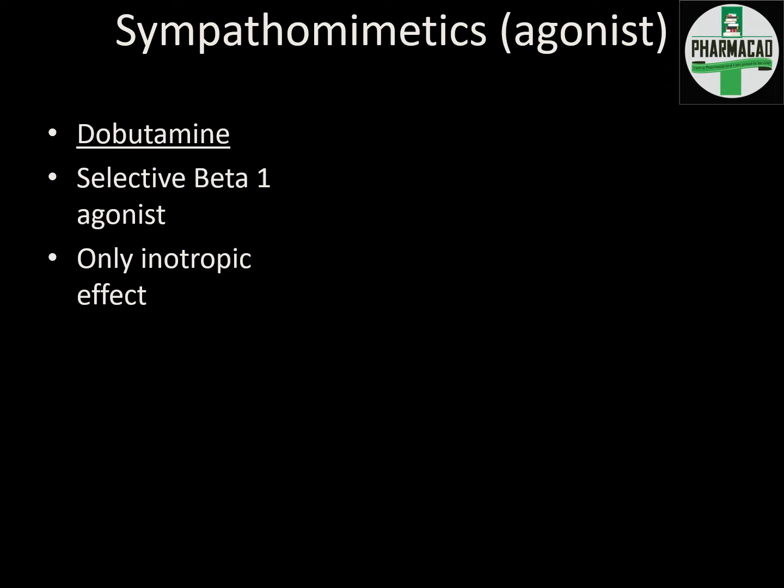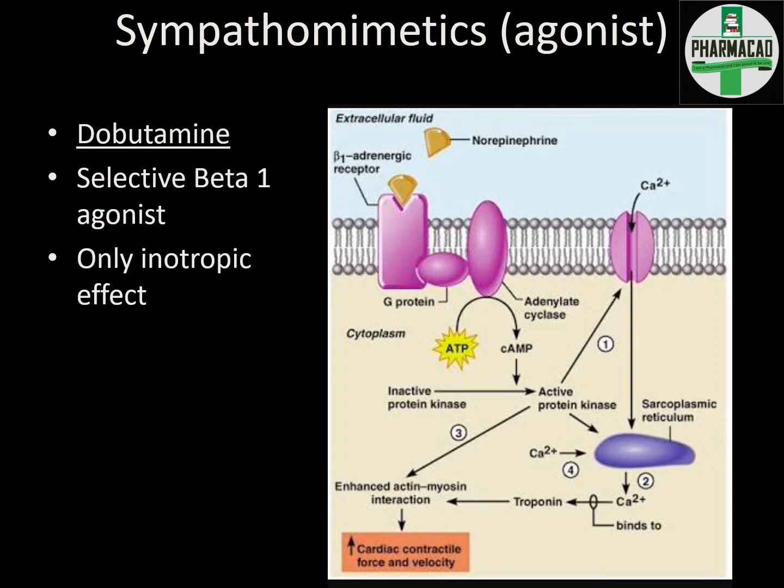That is called chronotropic. The drugs which increase heart rate are called chronotropic. But dobutamine shows only inotropic effect by binding to the beta 1 receptors. How does it show its effect? Let's see the intracellular mechanism. So whenever the drug dobutamine, which is an agonist like norepinephrine, binds to beta 1